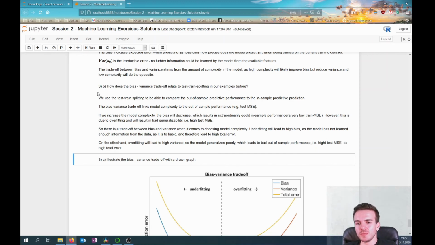If we increase the model complexity, the bias will decrease, which will result in extraordinarily good in-sample performance, so a very low train MSE. However, this is due to overfitting and will result in bad generalizability, so a high test MSE. Okay, because we fit very close to the training data, much closer than it would